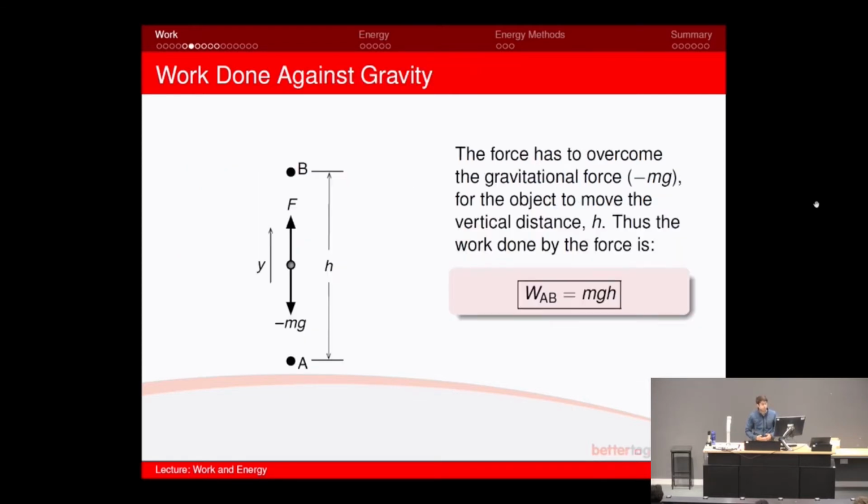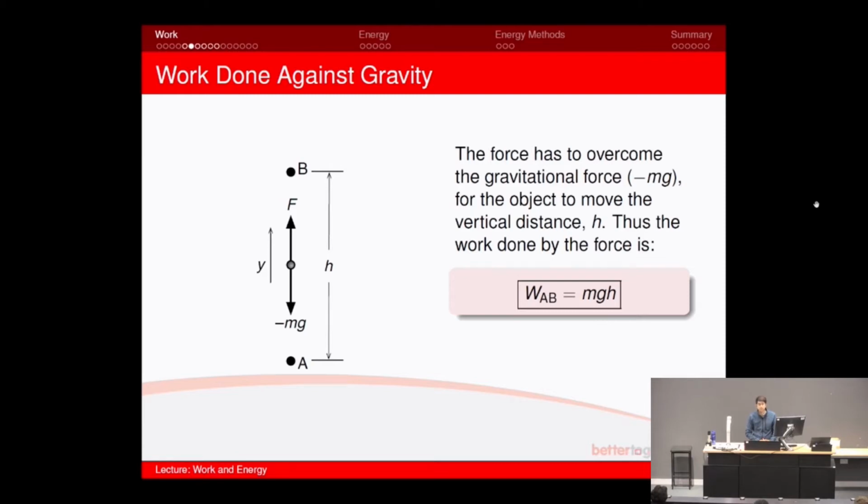So the force has to overcome the gravitational force. Gravity is always downwards, and we are assuming downwards is always negative. So that is negative mg. And the object moves a distance from A to B, which in this case is h, which stands for height. So thus your work is